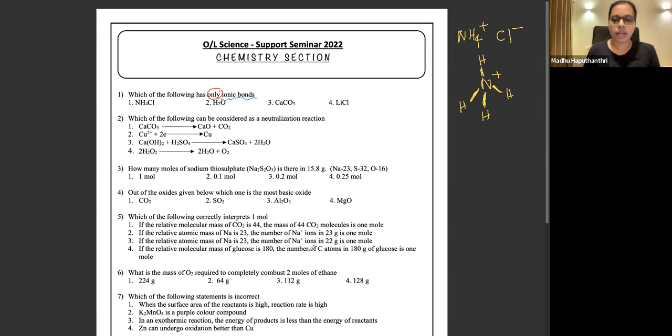So we cannot take ammonium chloride as the answer for the question, because I'm particularly asking for a certain compound which is containing just, right, just ionic bonds. And then when you take water, water is having only covalent bonds. And there are 2 lone pairs on oxygen like this. These 2 bonds, OH, OH, they are covalent bonds. So then water is out because it is having only covalent bonds.